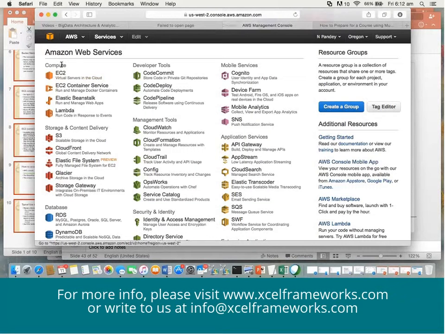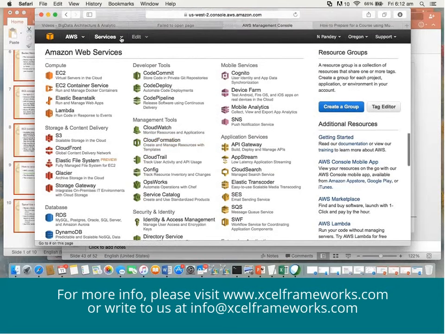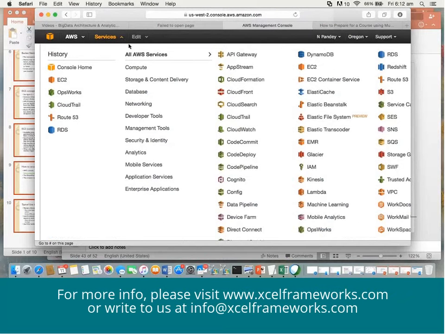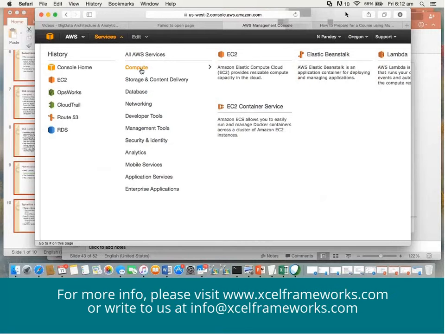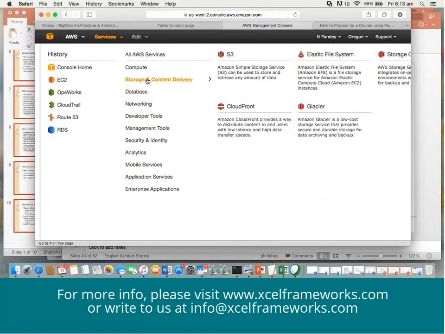So I'll just go here. Amazon Web Services, or AWS, comes with a number of components, and typically those components are divided into a number of services, and they are made available to us in the form of web service access. So if you see, these are the services. You have compute. When we talk about compute, these are the compute elements. You have EC2, Elastic Beanstalk, Lambda, EC2 Container. Storage: S3, CloudFront.